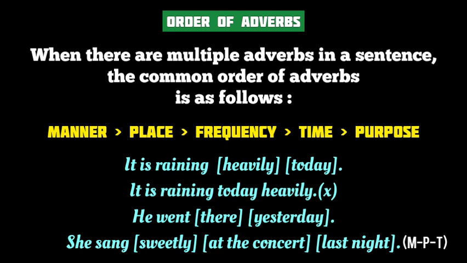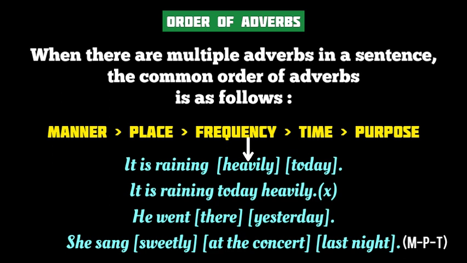When multiple adverbs of different kinds occur in a sentence at the same time, we place them in a certain order or sequence. The common order of adverbs in a sentence is: we place the adverb of manner first, and then we use the adverb of place, followed by the adverb of frequency, the adverb of time, and finally the adverb of purpose. For example, in the sentence, it is raining heavily today, the adverb of manner heavily comes immediately